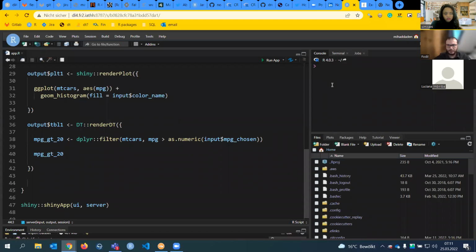I would highly suggest, for example, the book from Hadley Wickham. It's called Mastering Shiny. You can Google it. So I will just type the name, Mastering Shiny, from Hadley Wickham. And you have the Shiny official documentation on the RStudio website.